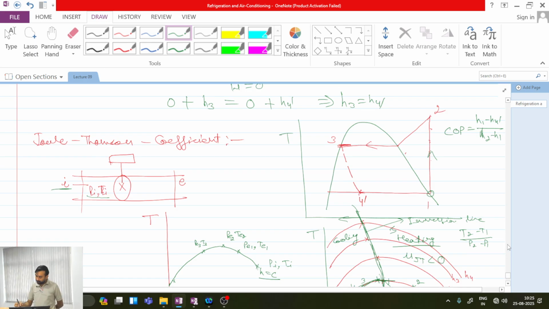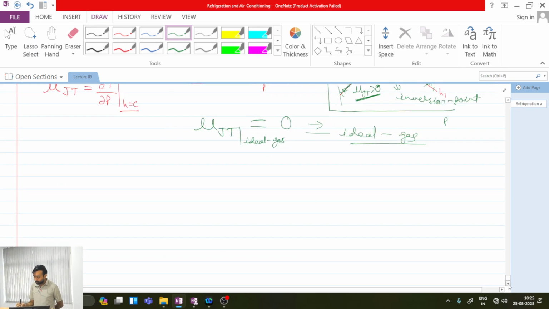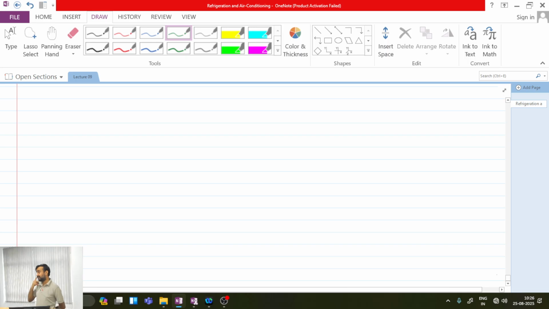Okay. Now after this, it is important always to compare the performance of a cycle with the reference cycle. So what is the reference cycle? The reference cycle is nothing but our Carnot cycle. So now we'll try to compare the triple S cycle with the reverse Carnot cycle. So comparison of